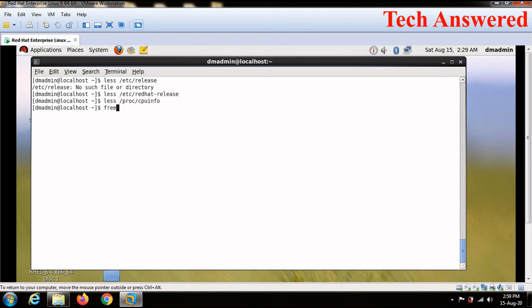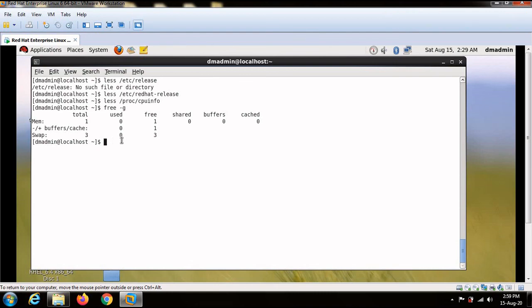If you want to know the total available RAM on your machine, you can use the free -g command. It will tell you the total available RAM. Since it is a virtual machine in my case, it is not showing in the correct order. It is showing just 1 GB. Basically I made a virtual machine of around 2 GB, but there was some mistake in configuration. I can also make a video on how to install a virtual machine on your existing computer, so please let me know if you want that.